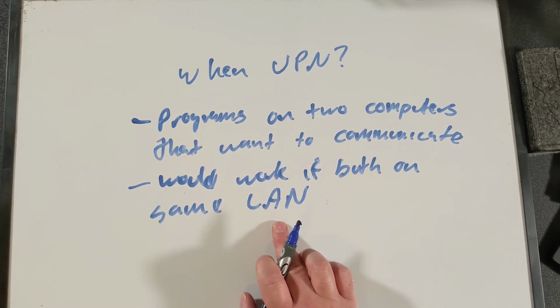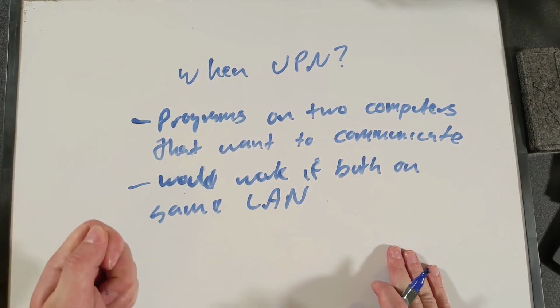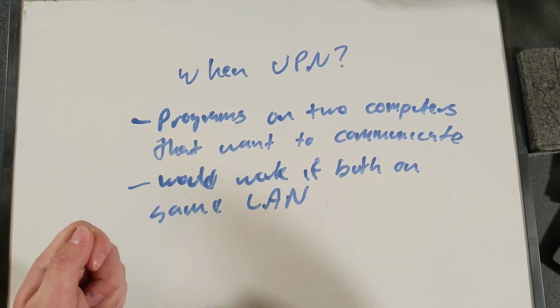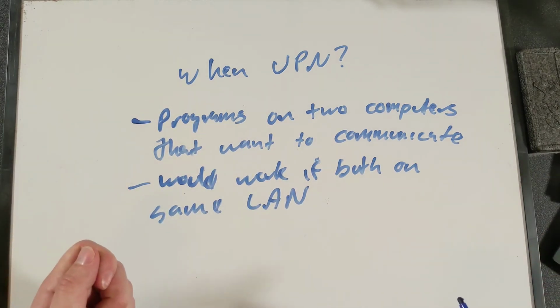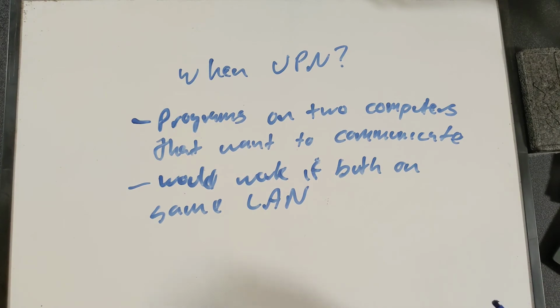So if we have two computers hooked up to the same LAN, sometimes they can do things that they can't do otherwise, like be on the same local network and have the same local network addresses. But another good example is a printer. If you have a printer plugged into your home network, and then you try to print from your laptop that's connected to the same home network, the laptop can usually just find the printer if it's a network printer. Whereas if you're somewhere other than your home network and try to print to your home printer, it's not going to work because you're not on the same network, and so your laptop can't discover your printer.